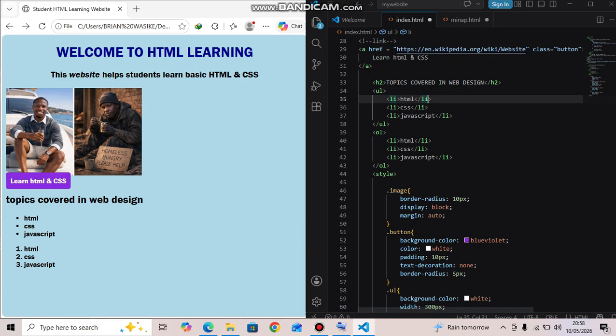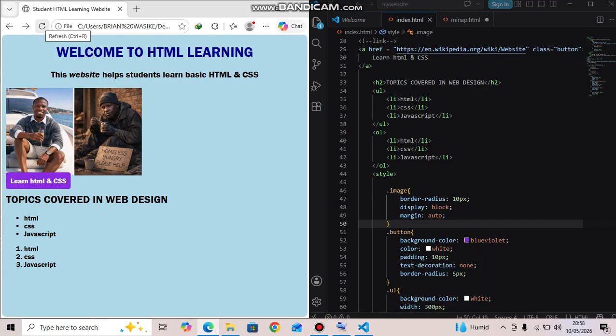So that is HTML, JavaScript. So let me save this and then I refresh here. So that is it. As you can see now on my button here, learn HTML